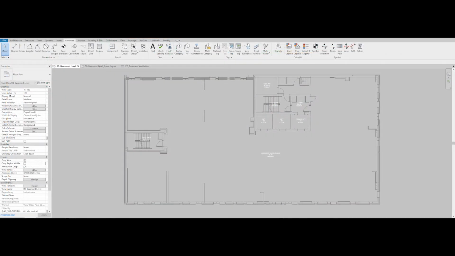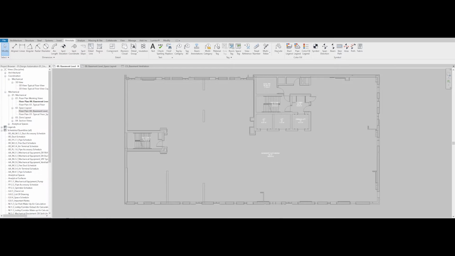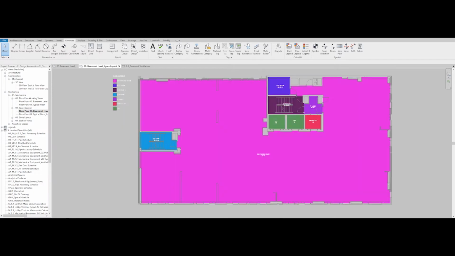Now I am going to present some calculation and schedule formats which are created inside the BIM model and how they can collaborate with all other disciplines. This is a floor plan for the basement level which needs to be ventilated in case of fire or normal operation. I just created a space in the area that needs to be ventilated, and we can name the space as we need, or it can be taken automatically as the architecture followed.